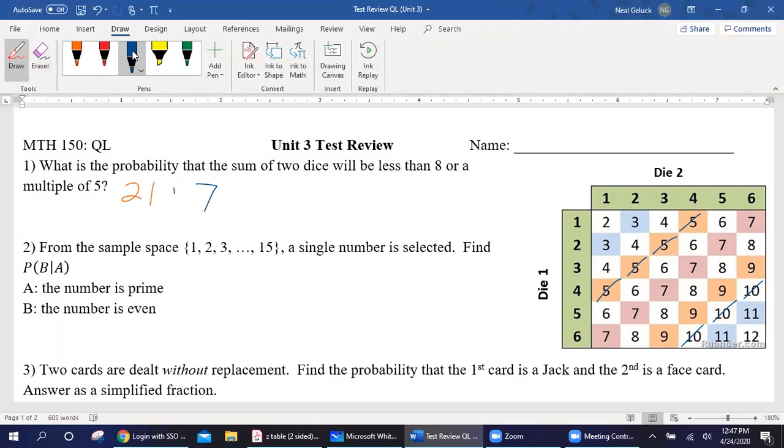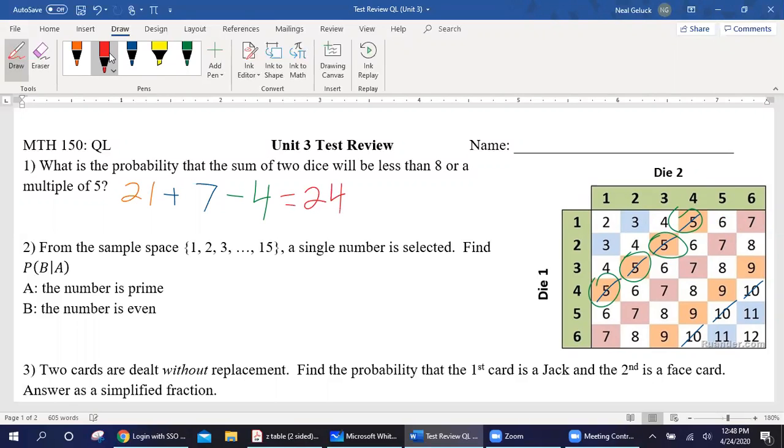I'm going to add those together, but then I have to subtract off the overlap, meaning what numbers did I double count? I double counted these 5s. I counted them in the less than 8 category, and I counted them in the multiple of 5 category. So there were 4 numbers that I double counted. So altogether, that'll give me